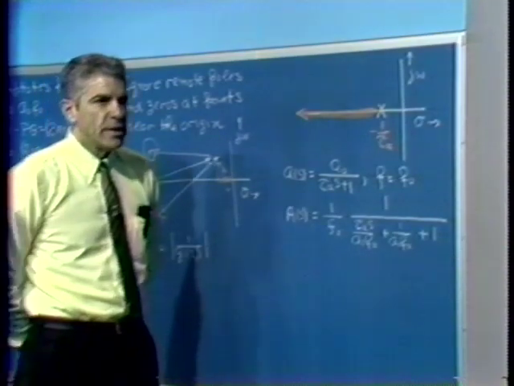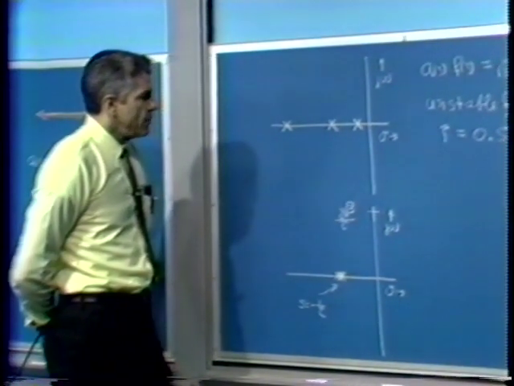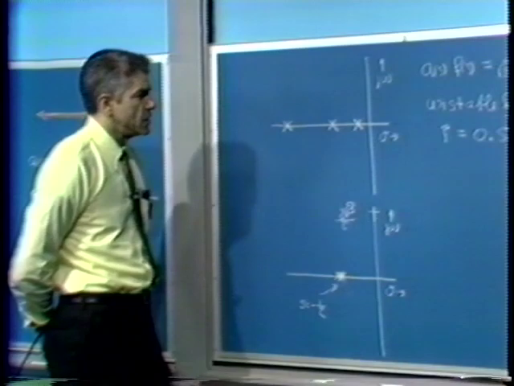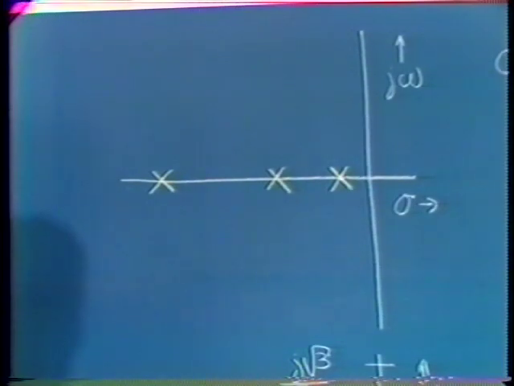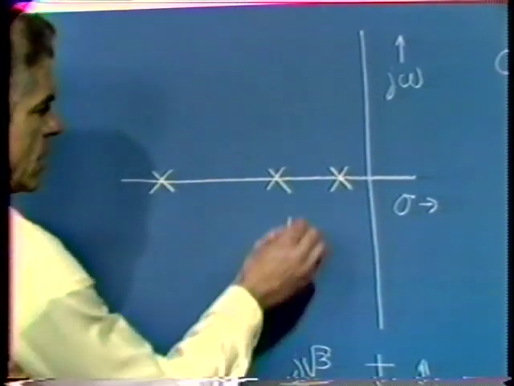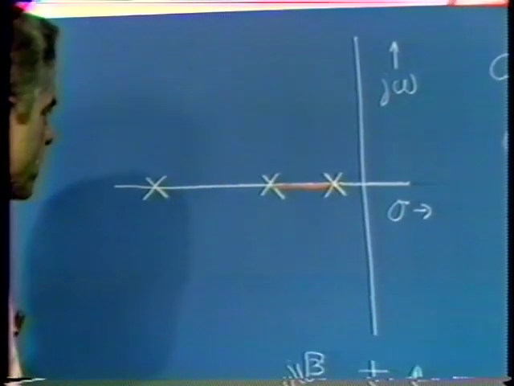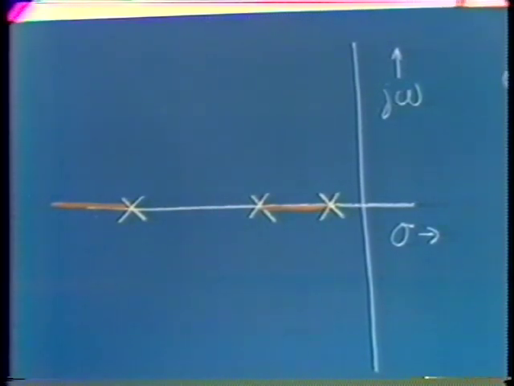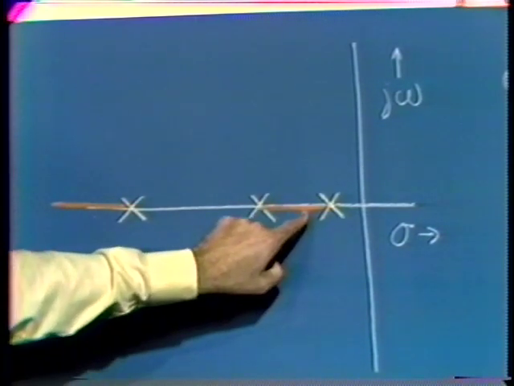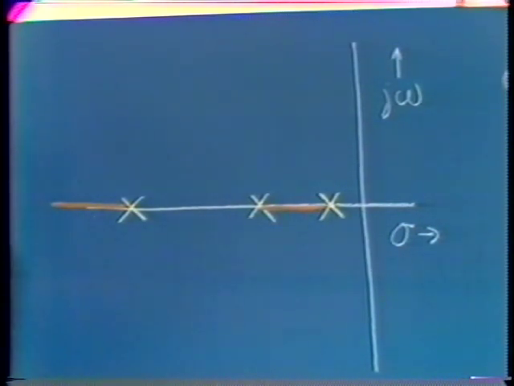The second order case we've looked at in considerable detail, and so I won't look at that again. A somewhat more interesting behavior exists when we consider a third order system. In other words, a loop transmission that has 3 real axis poles associated with it. Our rule number 1 tells us that this region of the real axis, where we have 1 pole to the right, contains branches, and that this portion of the real axis includes a branch. Furthermore, we find that there has to be a breakaway point in this region, since here we have a branch or a pair of branches existing between 2 poles on the real axis,